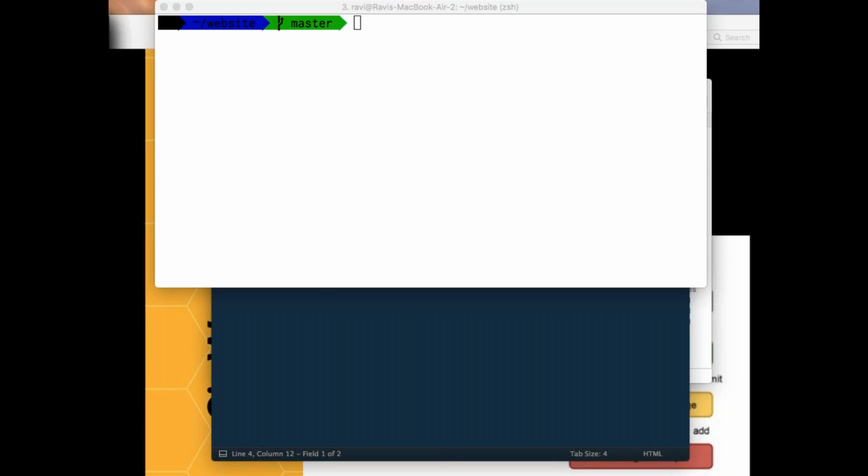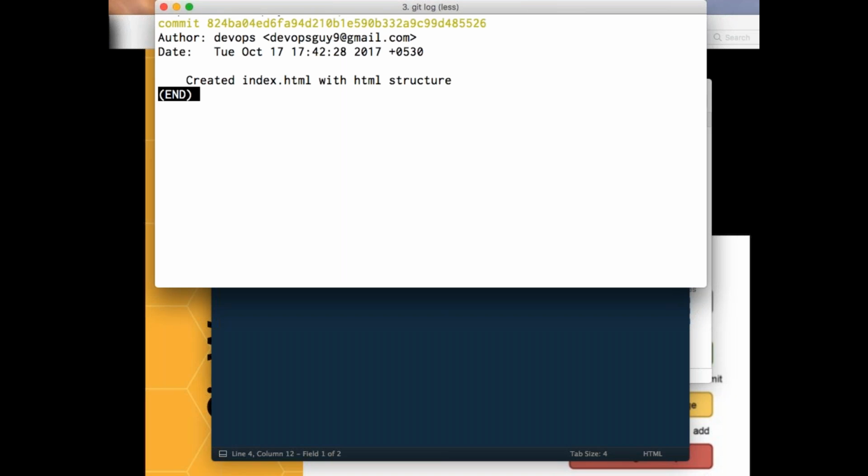So versioning is that only, right? I want to know what happened at this point of time. Now you got a command called git log. Once I do that, you see, you are seeing some commit number, some specific author, date, and the commit message which I have given.